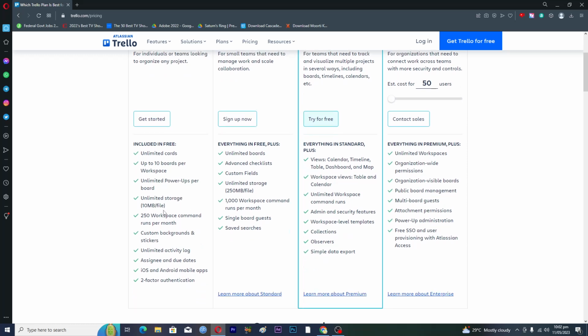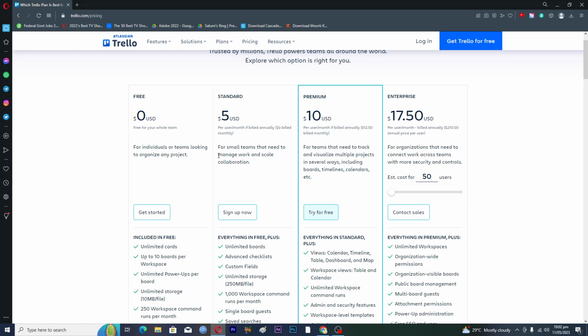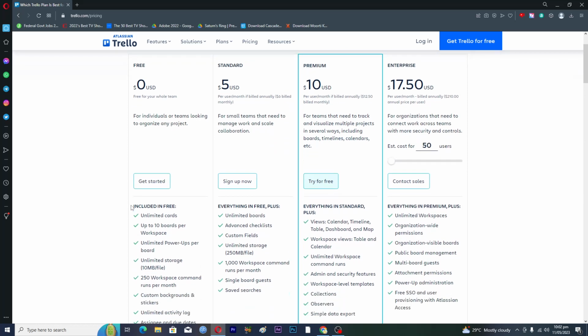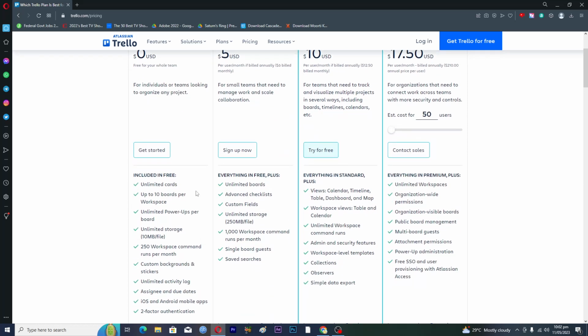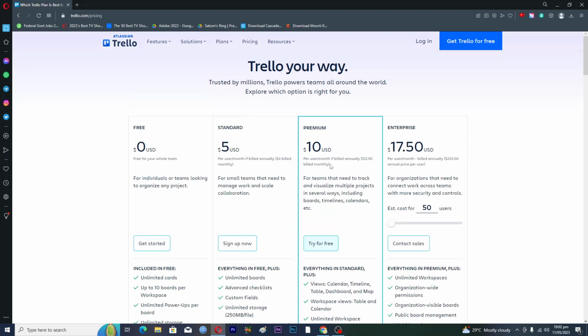per board, unlimited storage, 250 workspace command runs per month, custom backgrounds and stickers, unlimited activity log, assignee and due dates, iOS and Android mobile apps, two-factor authentication. And then we have this $5 a month plan, for small teams that need to manage work and scale collaboration. So unlimited boards, advanced checklists, custom fields, and 1000 workspace commands. And then we have the premium version, which is $10 per month. And then we have the enterprise version, and this is for organizations. Okay, for organizations that need to connect work across teams with more security and controls, but we will stick with